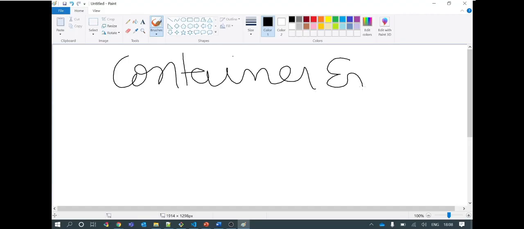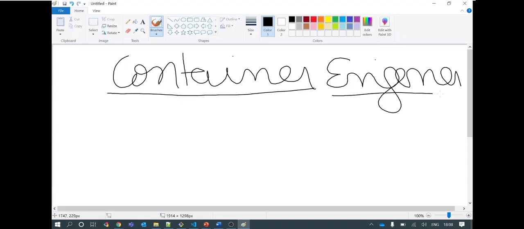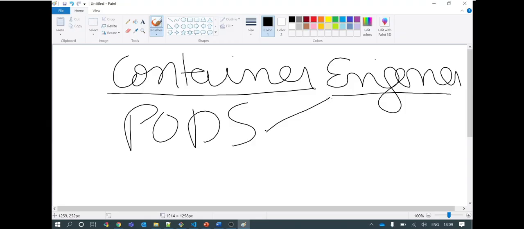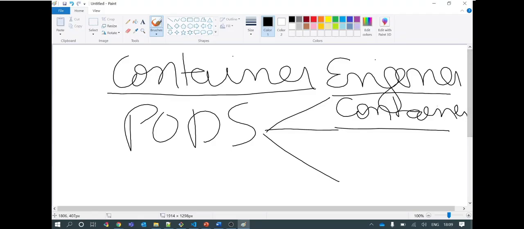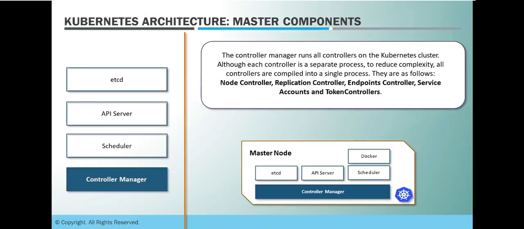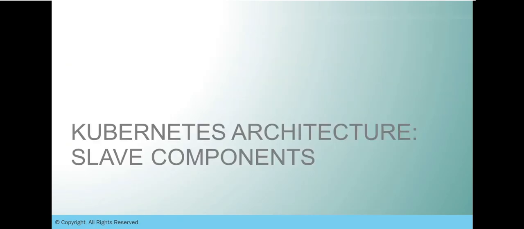deployed. That can be either you deploy, or you may be using managed Kubernetes services on cloud, then they will be part of your managed cluster itself. So this is also important to run your pods. Pods are nothing, they are collections of containers in Kubernetes deployment. Fine. We are going to cover pods in the next session. So this is all about detailing of master components in Kubernetes. Next topic we check on slave component detail.